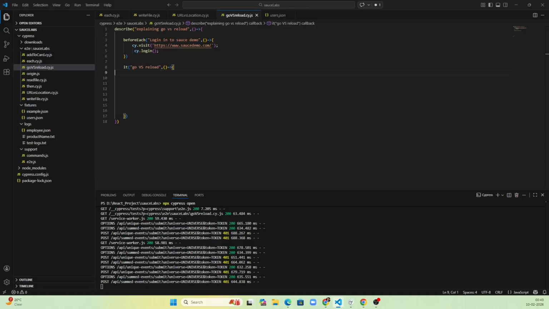Let's start with cy.go. Let me write it here. cy.go is used to move through the browser history, just like the back and forward button in a real browser. And you can specify the direction here. The common values which will go into this direction are,